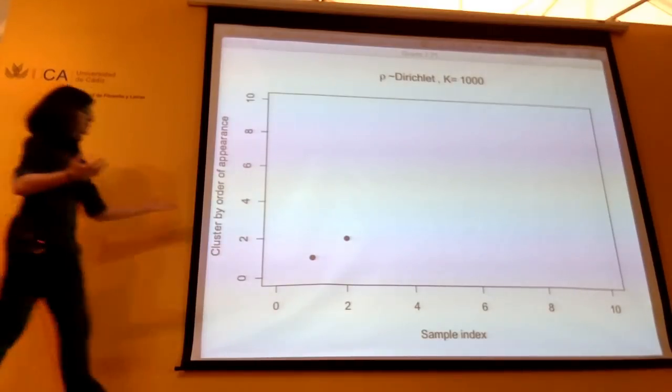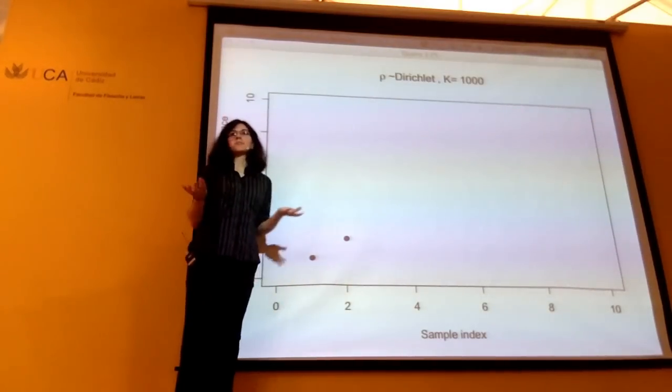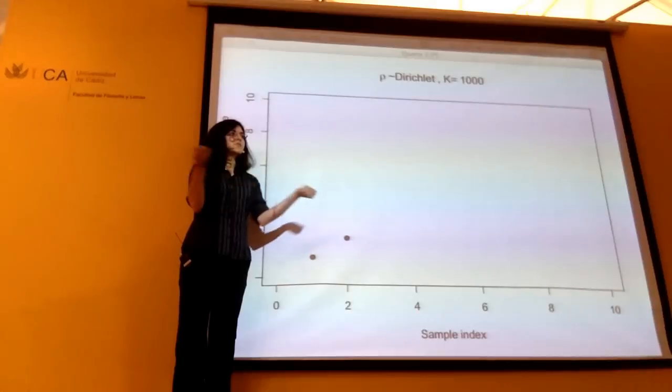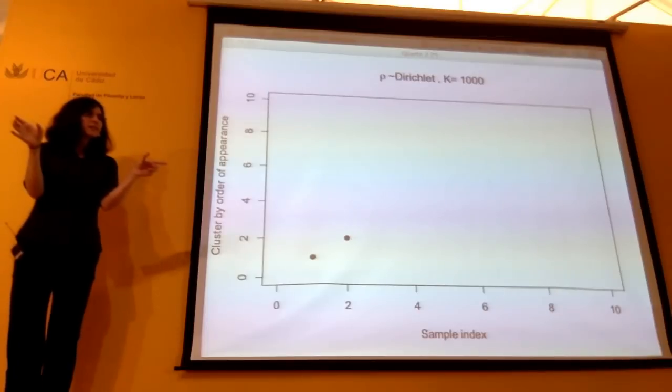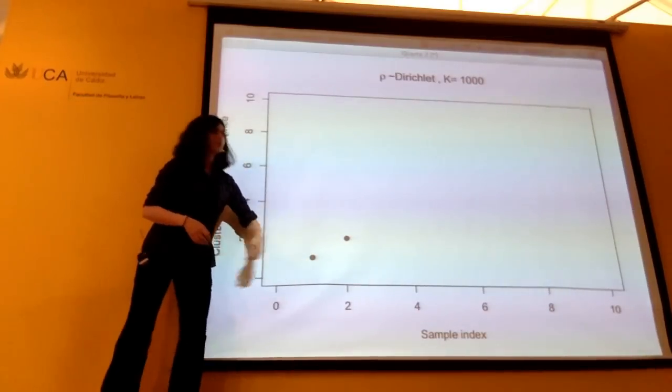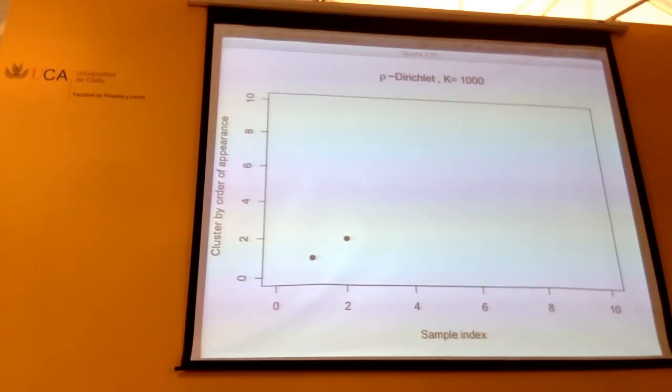Oh, it belonged to a new cluster. Maybe that's not too surprising. I mean, last time we saw that the clusters had pretty small rows for the choice of A that I chose, and so it's kind of reasonable that this would belong to a new cluster. Okay, so now there are 3 choices. For data point 3, it either belongs to one of the 2 existing clusters or it starts a new cluster.